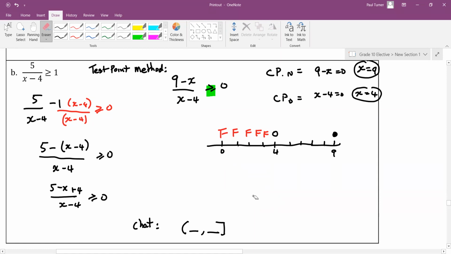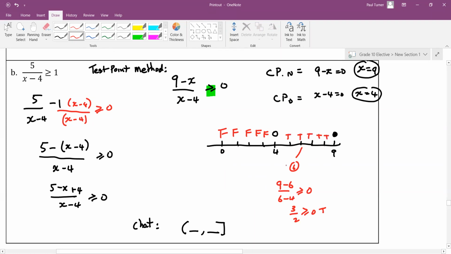So that's false. Now we try a number between 4 and 9. 4, 5. Let's try 6. So we put 6 in. 9 minus 6, 6 minus 4. Is that greater than or equal to 0? 3 on 2, yes. So this is true, which means every other number will be true here, assuming you have